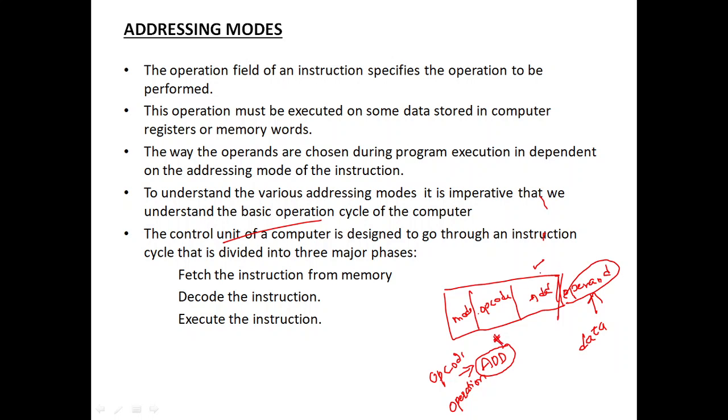Here I can specify the address or the operand. Address in the sense, suppose I have specified 1000, then it will go to the 1000 memory location. This is the effective address where the data has been stored, that we call an effective address. Remember that the effective address is nothing but where the data has been stored.